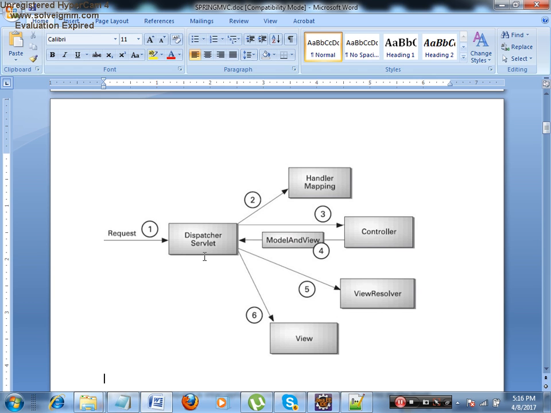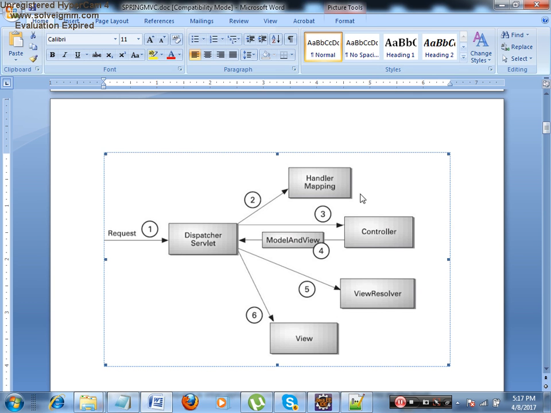This matching happens through an inbuilt class of Spring known as handler mapping. For this key, which function has to be called is present inside the handler mapping. So each and every time you make a request from the front end, it goes from the dispatcher servlet to the handler mapping. The handler mapping will find out which function has to be called. All those functions are written inside a controller. Therefore, after finding the function for that key, it will call that function of the controller.